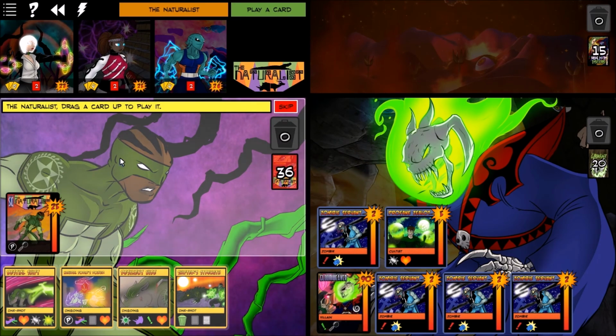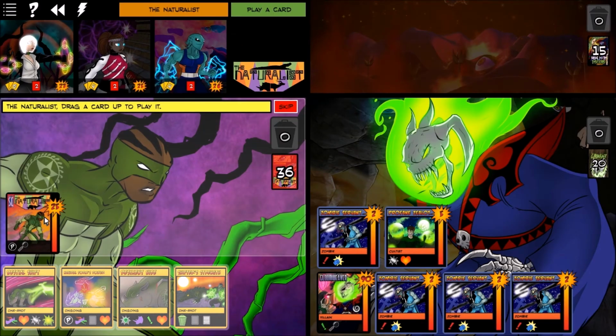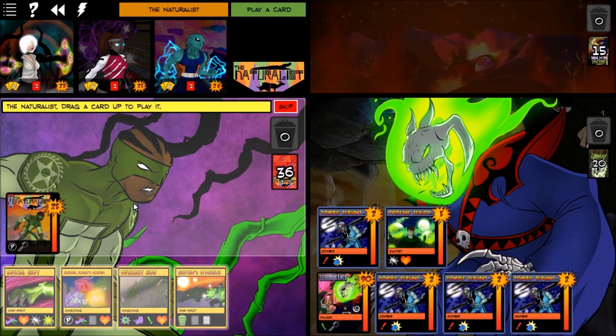Naturalist turn. Now with a regular naturalist, it's pretty good. What he does is that he has forms in his deck, which are the gazelle, the rhino, and the crocodile, and you want to be using one particular form out depending on which form it is. So